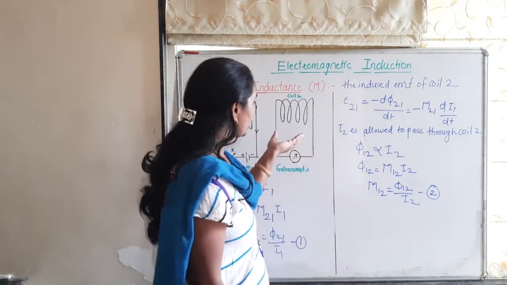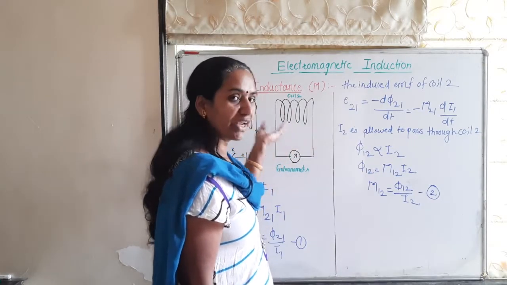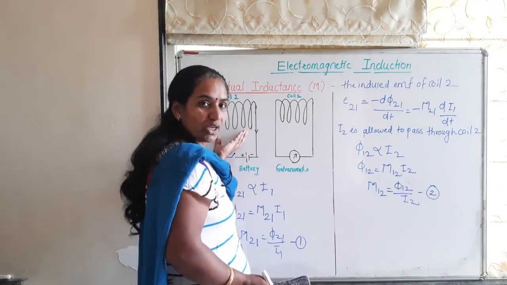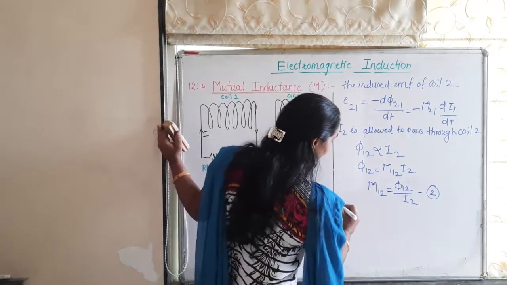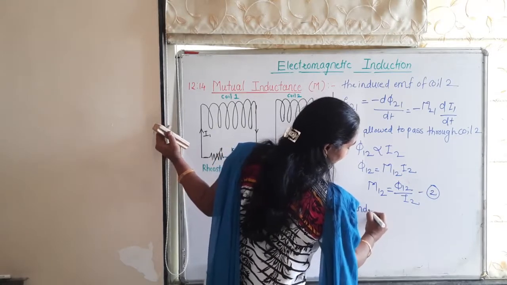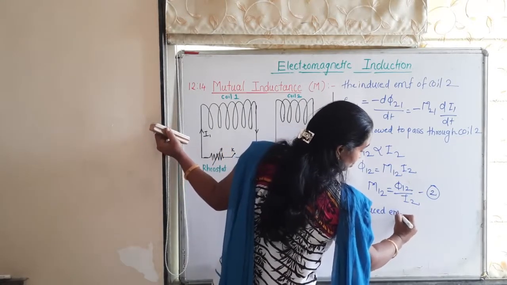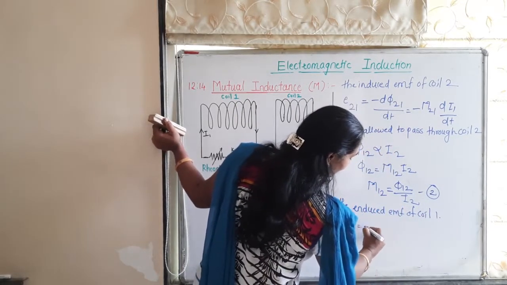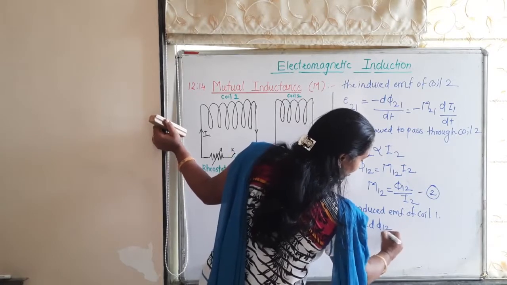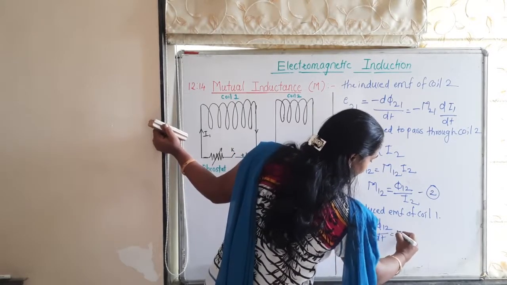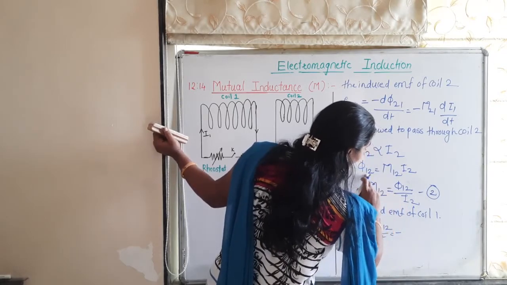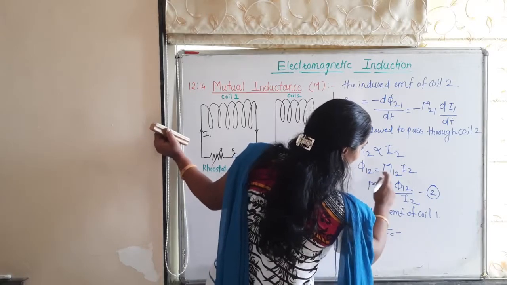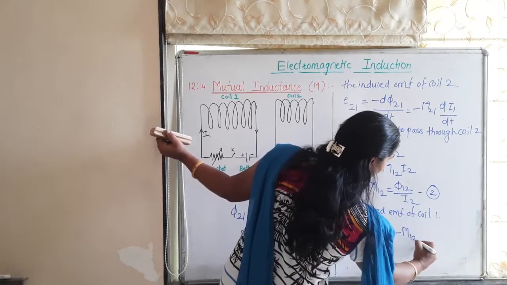Then consider the coil 2 and the induced EMF of coil 1. Because of this coil 2, an EMF is induced in coil 1. So the induced EMF of coil 1 is E12 equals minus d phi 12 upon dt. Then substituting the value of phi 12, E12 is equal to minus M12 d